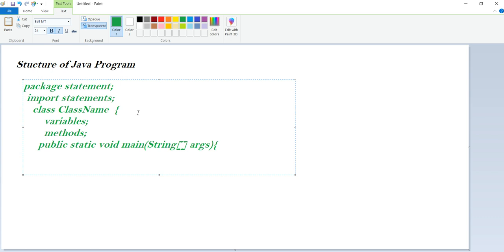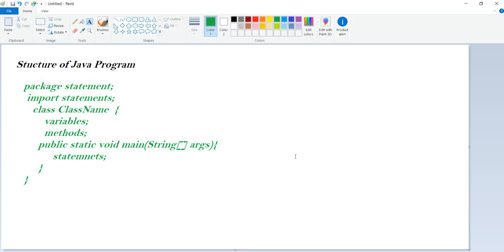Then it is followed by statements. What are the statements you want to write? Both these braces are closing for public static void main. This one is for this, and one more is required to close the main class. So we can close both like this.